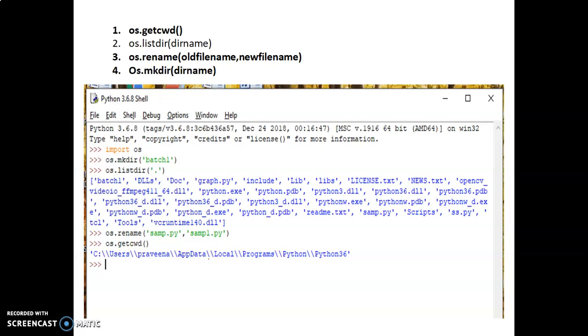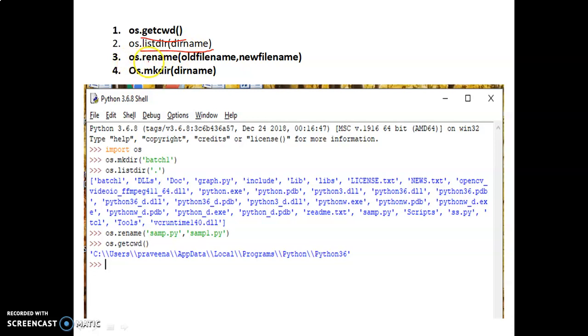These are some of the functions that are available in the OS package. One is os.getcwd, that is current working directory. You can find out the current working directory of your Python. And os.listdir: within the brackets you can give your required directory name, so that you can list all the files and directories available in the given directory.